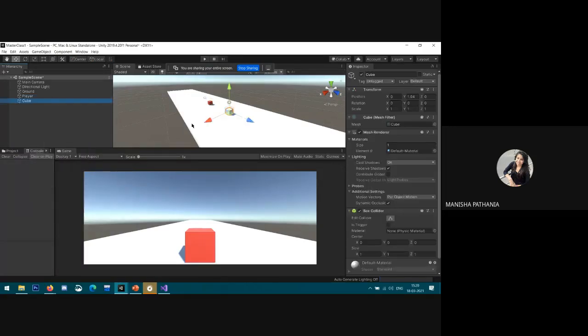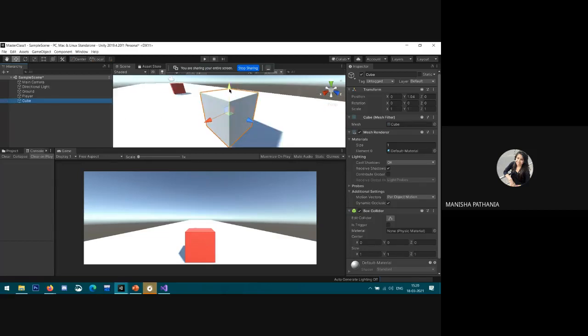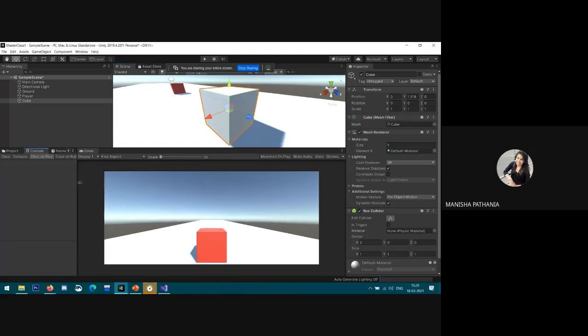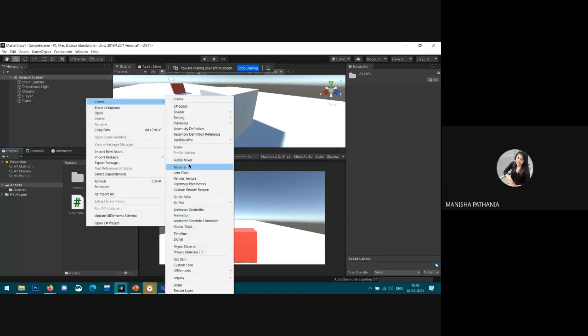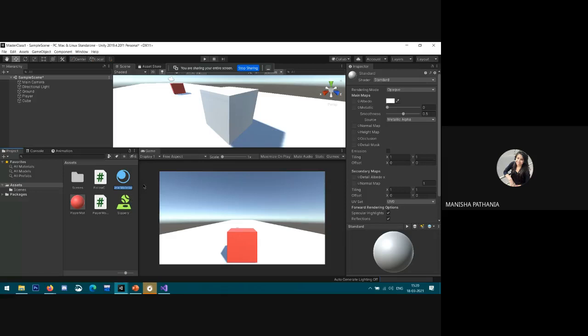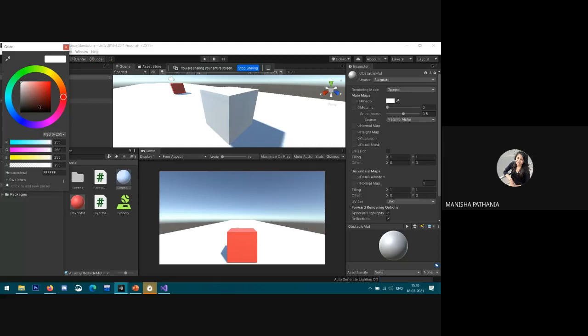Something like a cube. Give it a material first, so that we can differentiate it from the player. Create a material, something like obstacle mat.